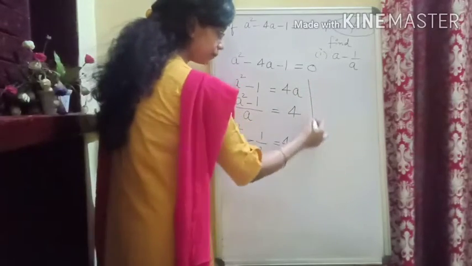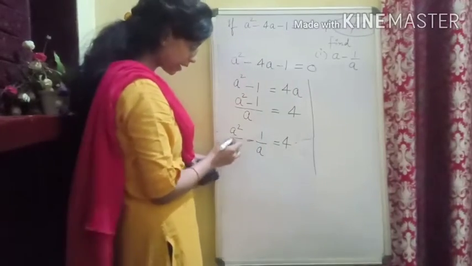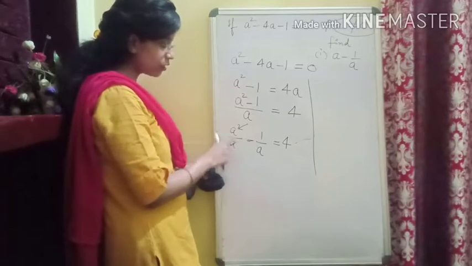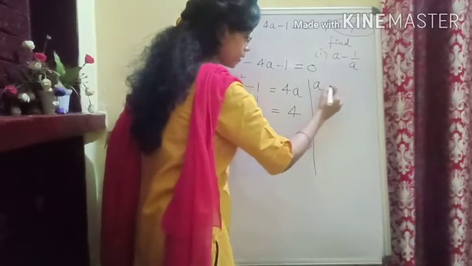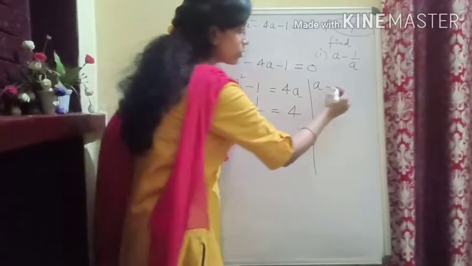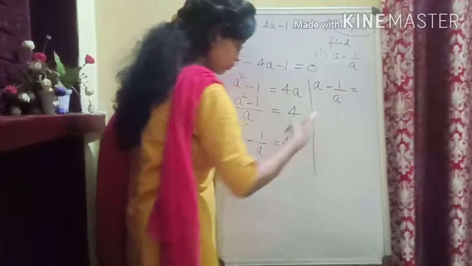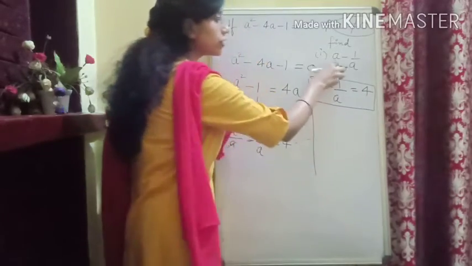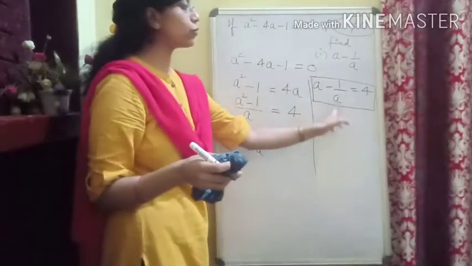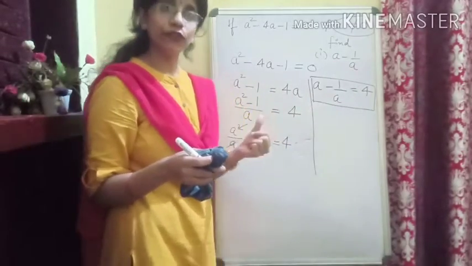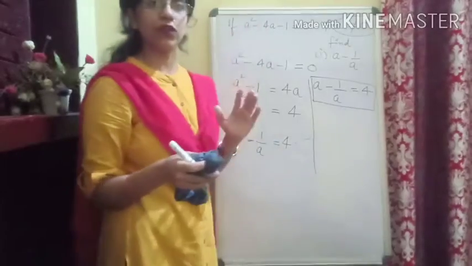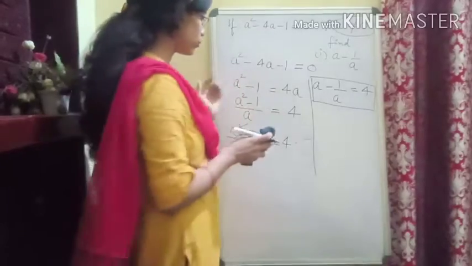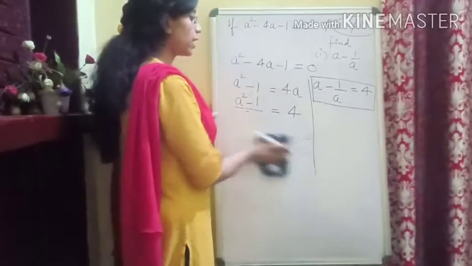Now you see here in this term, can we cancel 1a? Since it is power 2 and here power 1, what are we left with? a minus 1 upon a equals to 4. Isn't it our first term which we were asked to calculate? A minus 1 upon a, and this value is coming 4. That's how we solve these type of questions. One more question is given, I'll let you know what to do, but you are going to solve the question. I'll help you all.